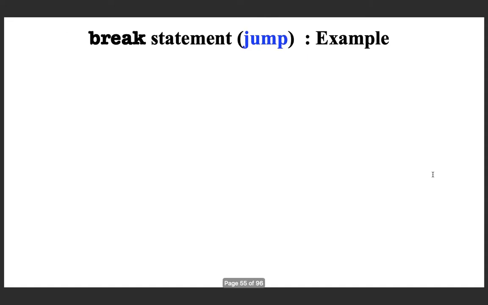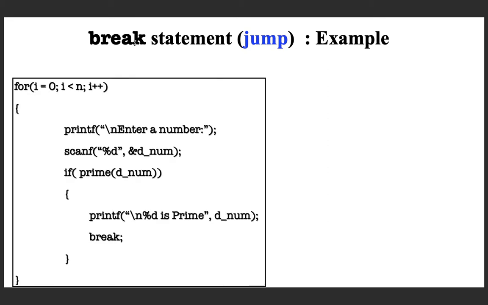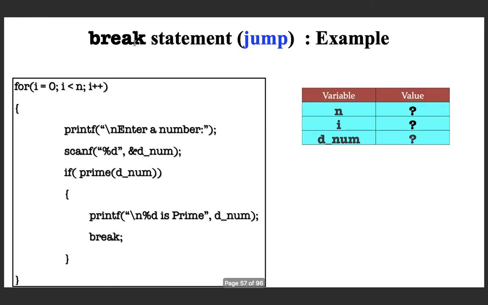Now let me proceed to the next type of jump statement, which is break. So now we are going to see the use of break when it is coming within a loop. We already have seen the use of break in the switch statement in the lecture L15. Now we are going to see another use, which is within a loop. We can try to understand with this example.